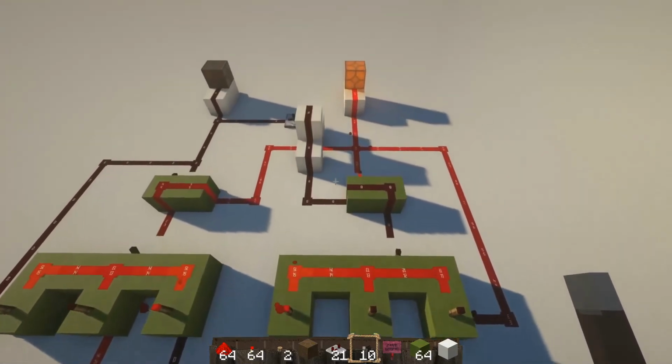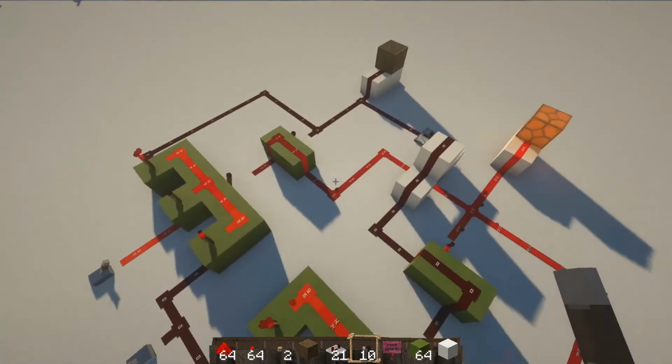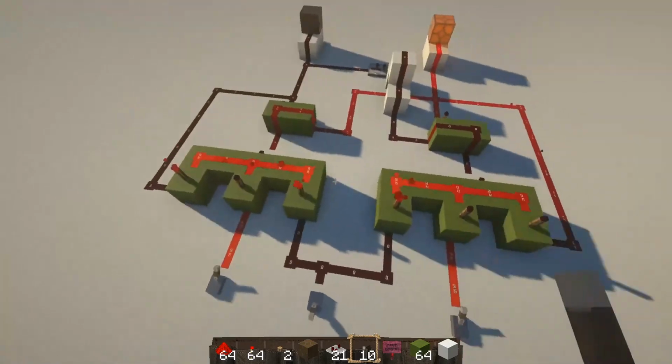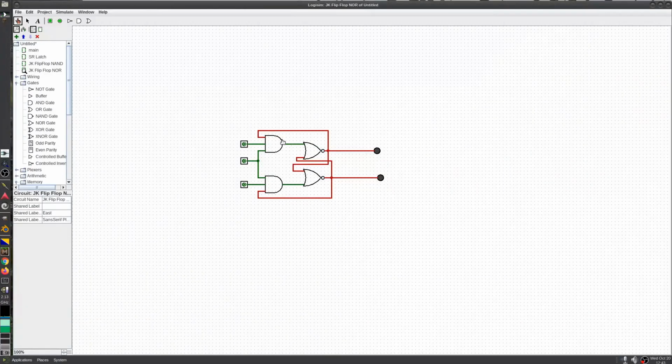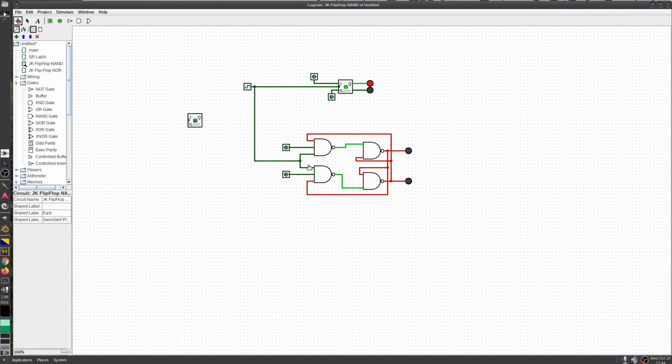And then we have the NOR version where we have a NOR gate here, a NOR gate here, and two AND gates. Once again, we'll look at those in Logisim. Two 3-input AND gates, two NOR gates, you get the JK flip-flop. The NAND version looks like this. It has 3-input NAND gates going to 2-input NAND gates. The 2-input NAND gates cross, and they also cross in the opposite gate over here, the NAND. That is it